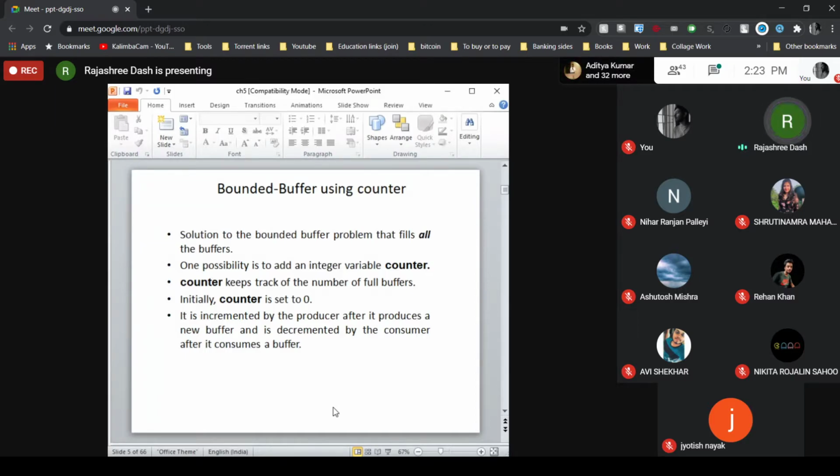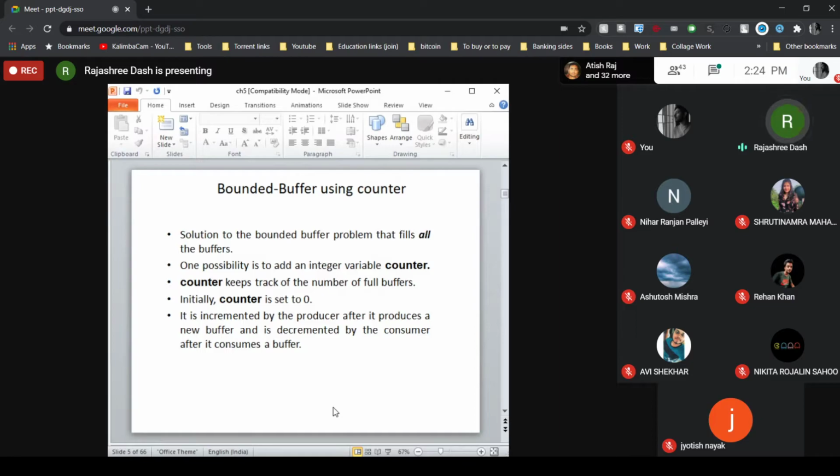The counter is initialized to 0. Every time a new item is produced and stored in the buffer, the counter is incremented by 1. Every time the consumer consumes an item from the buffer, the counter is decremented by 1.